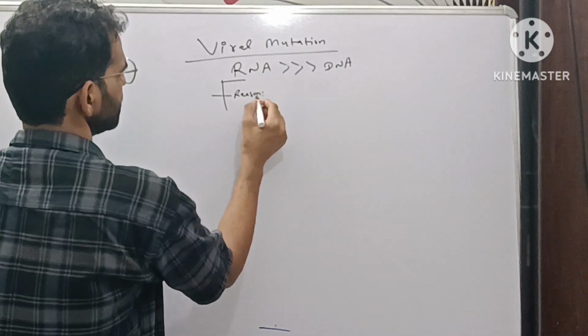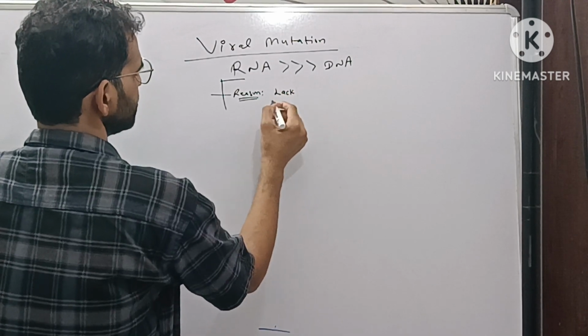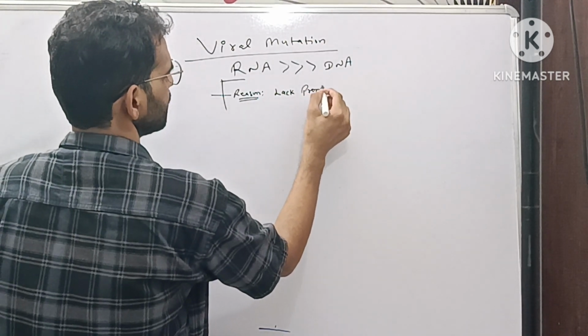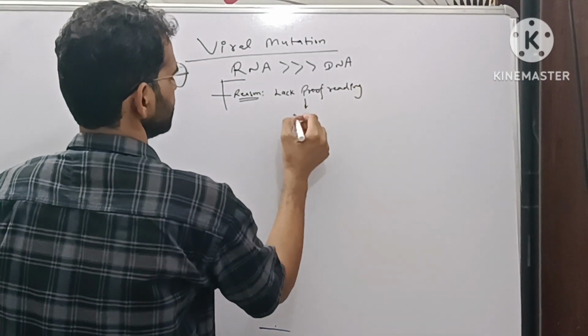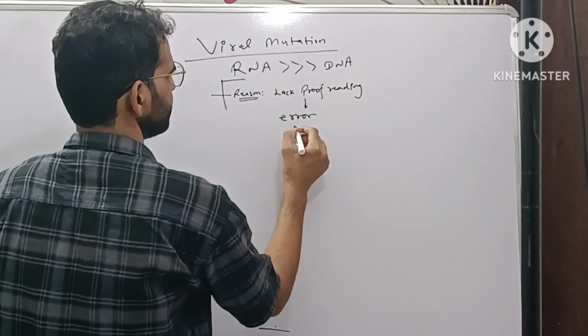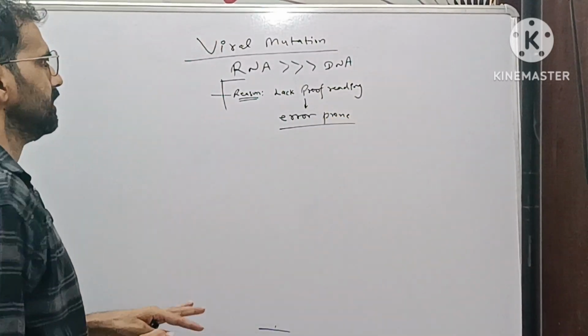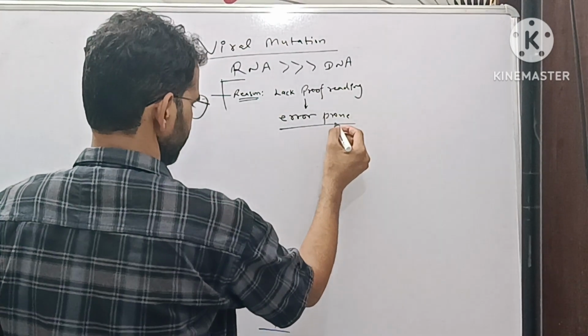One reason is the polymerase they use, which lacks proofreading activity, and the lack of proofreading makes it error prone, and these errors or mutations